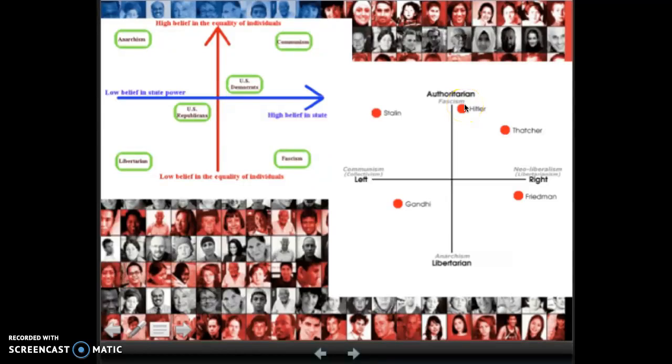If you are in the top portion, then you believe that the government should have a lot of control. You are in the bottom portion, you believe that the government should not have a lot of control. If you are over here, you believe in communism, so like Stalin had a lot of control and was communist. Margaret Thatcher had a